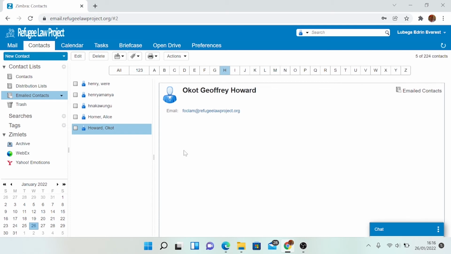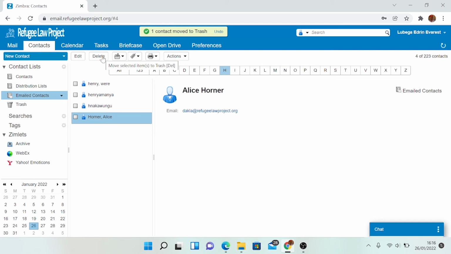So here's the workaround. When HR communicates a change in position, we shall also be communicating to you to update your contacts individually. And how do we do this? So for example, we have Olanya Francis now. All we can do is to go to our contacts, the tab next to the mail, you go to emailed contacts. They are listed in alphabetical order. You look for the contact that has changed. All you need to do is to delete the old contact. I've selected